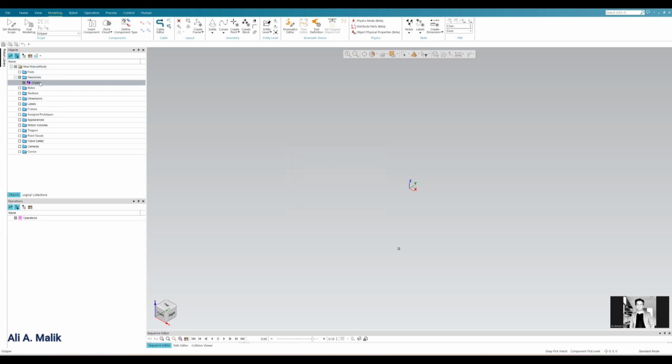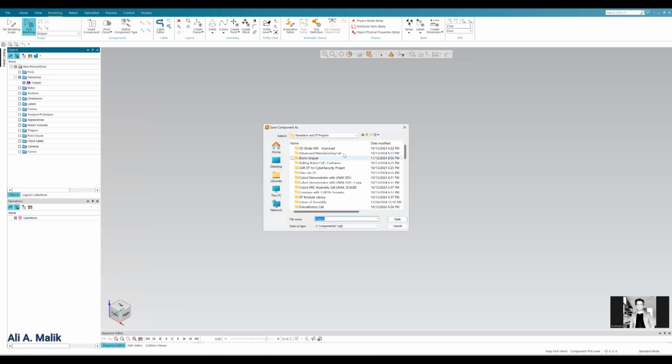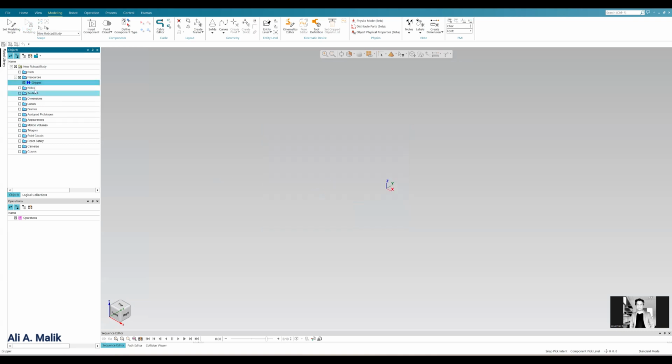So now I have created a gripper in the object tree, and then I will click on End Modeling. If you click End Modeling, it will ask you to save it. I will save it in the same folder, but make sure that it is within the root directory. So now it has been saved, and I have created a dummy gripper file.